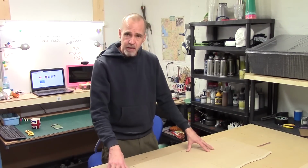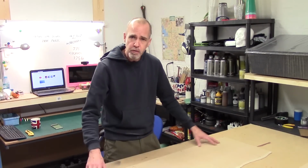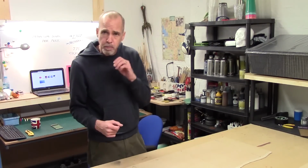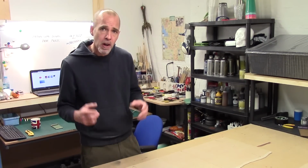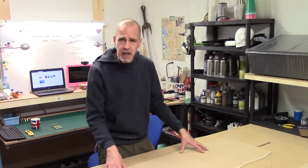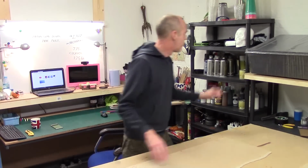Now, that's how I'm doing the bases. My bases are 2 foot wide by 15 inches quite deep, and I'll explain why as we go on. But the next stage is I need to actually start carving out my foam for this. And for that,